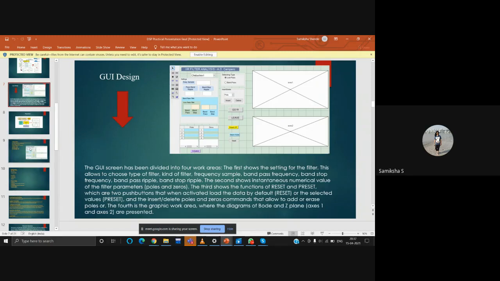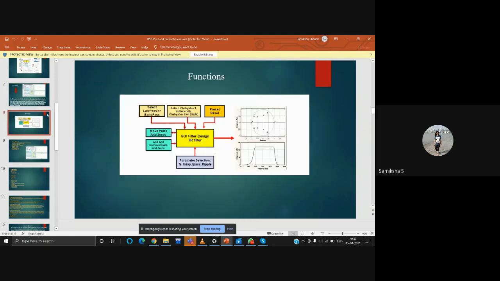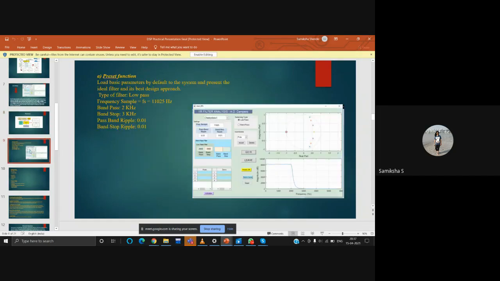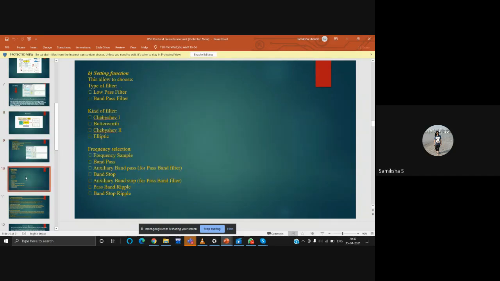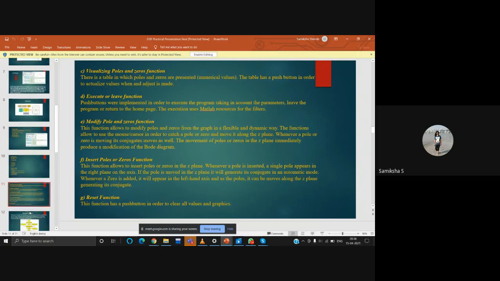These are the UI designs, and these are the functions which we have used in the above GUI designs. Some of these are the preset function and the setting function. In the setting function we can choose the type of filter, low pass filter, band pass filter, and frequency selection. All these are the options in the given GUI design.